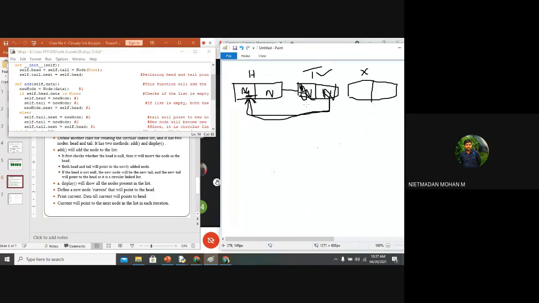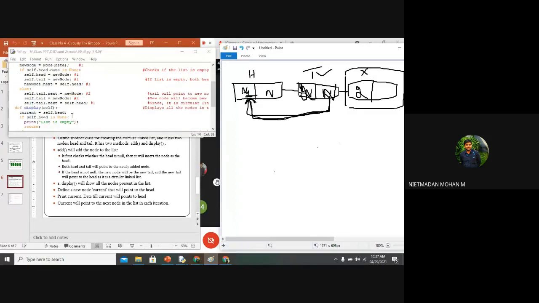And after that, the 2 will be created once again. So self.tail.next is equal to self.head. Again, the self.head will be represented. So here the list will be created, but it won't display till the third element. After the fourth element, the list will be created one by one, but this process will be known as the abstraction process. So likewise, the creation will be there.